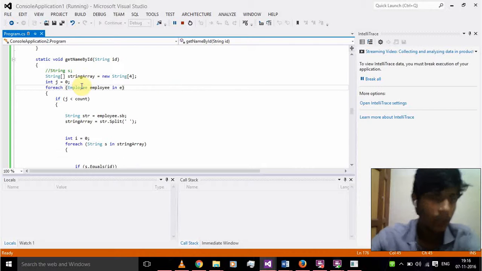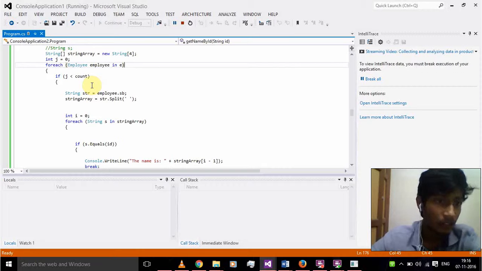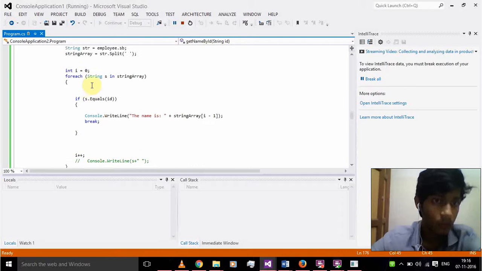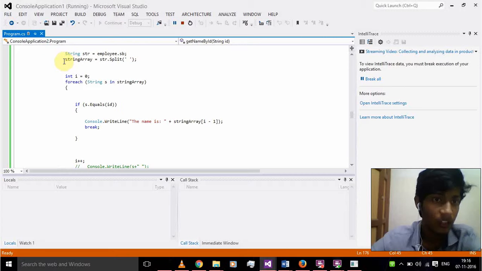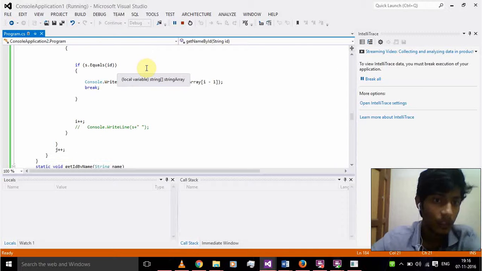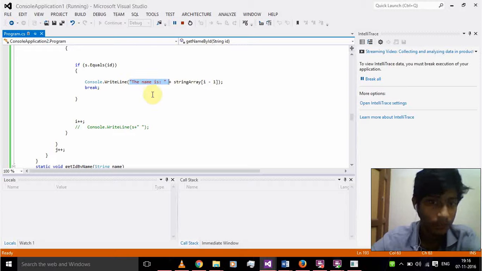And in this concept we have get name by id. So by providing the id we can retrieve the name of the employee, used in a for each loop, followed by an if condition. Here the string array is used, and the employee name is stored, and when the details are correct it will pop out as this name is so and so. The stored value will pop out,